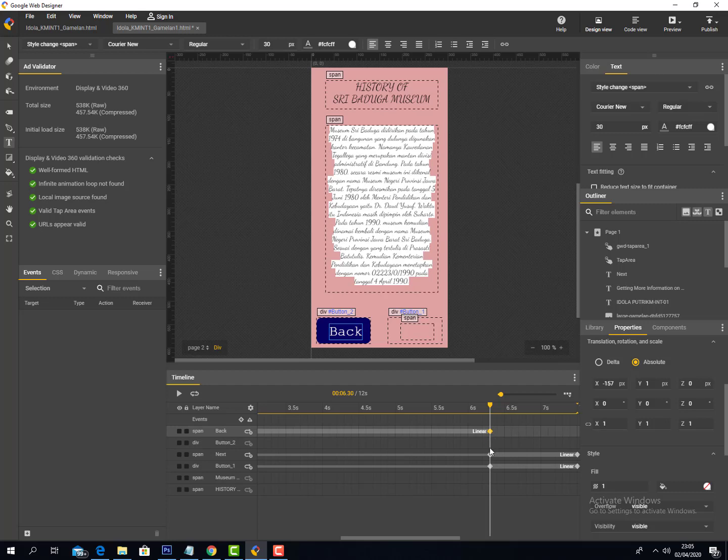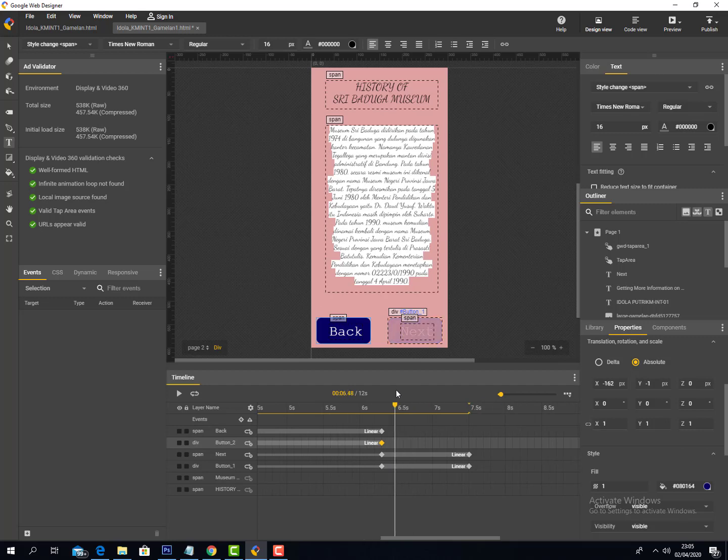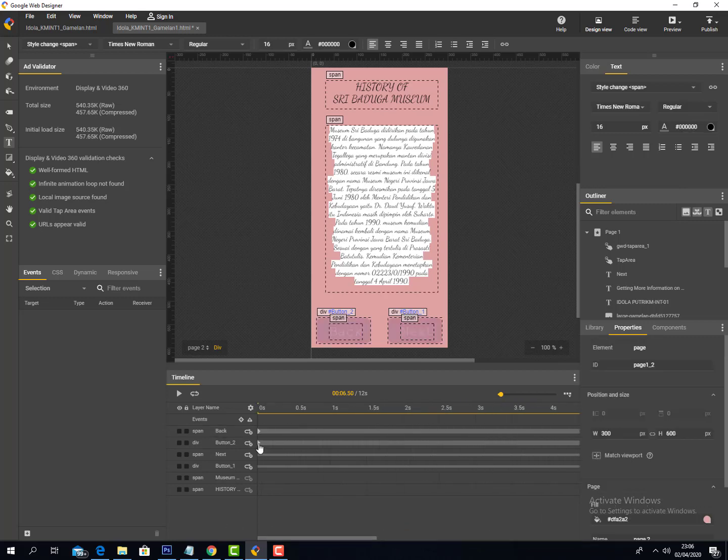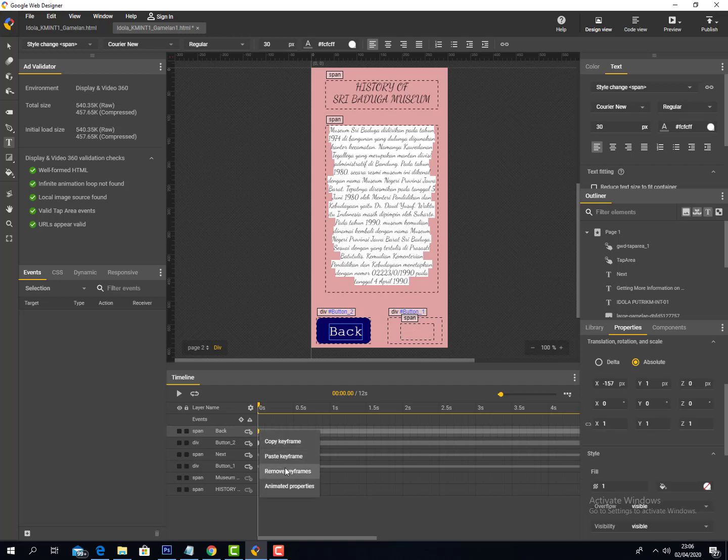Insert keyframe again, also insert keyframe and point to the same time, click the diamond, put the opacity back to 0 for both of them, and remove the first keyframe.